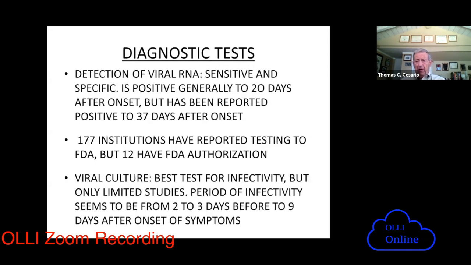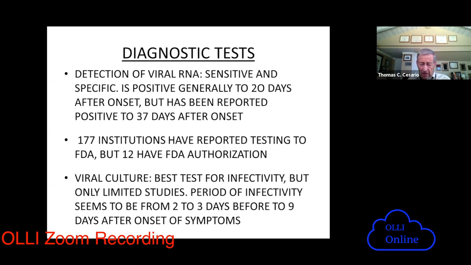So now I want to spend some time talking about diagnostic tests. We talked about transmission, infectivity, illness. How do we know that when you got sick that you got COVID? Well, most of the time, the currently available test is to measure those RNA fragments. And we talked about how they are present for usually about 20 days, most easily found in about the first week after you get sick.